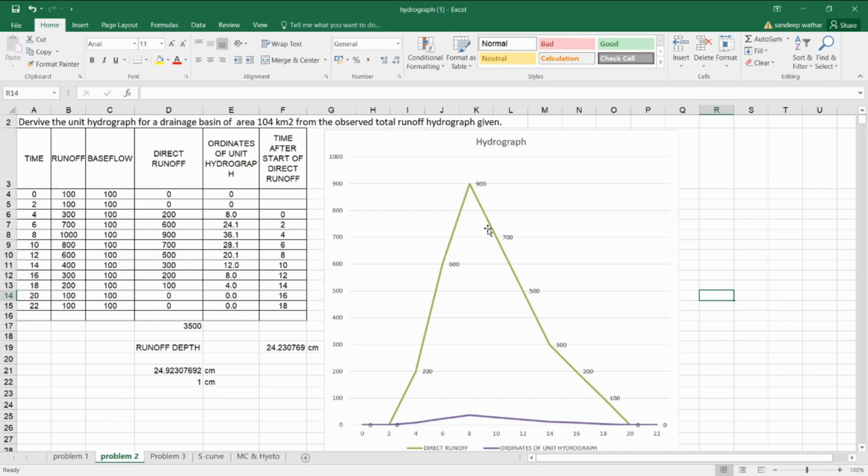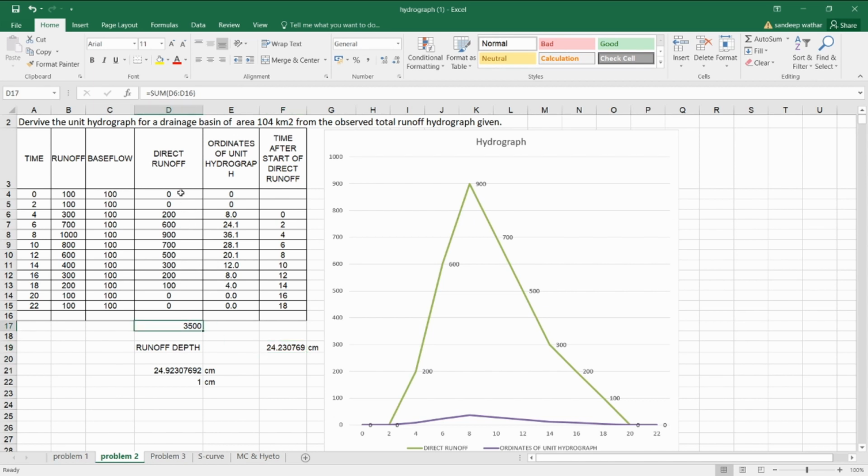So runoff can be represented either in volume or in terms of centimeter, okay? We basically prefer to represent that in terms of centimeter itself. So effective rainfall will also be in terms of centimeter, and your direct runoff should also be calculated in terms of centimeter only. So how to calculate this runoff depth? This runoff depth or effective rainfall is calculated by this, okay?